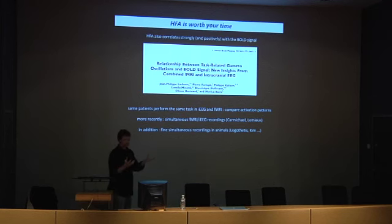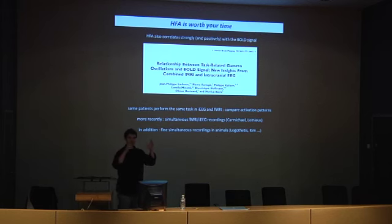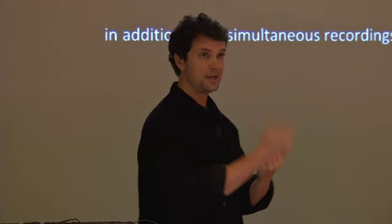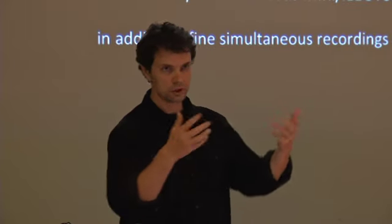The only way to solve that problem is to find that there is a nice correspondence between the two maps. And that happens to be the case, fortunately. That's a study we did a couple of years ago, having the same patient perform the same task. It was a language task with intracranial recordings, and then we removed the electrodes. There we looked for gamma, for high frequency activity, and then they went in the magnet and we did the task in fMRI. We found very nice spatial correspondence between sites with increase of high frequency activity and sites with BOLD increase too,